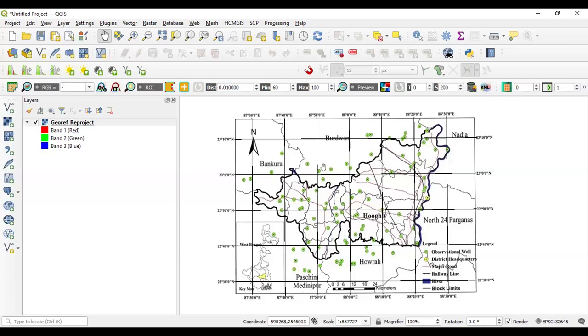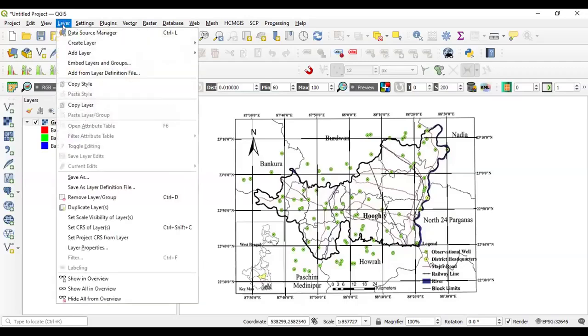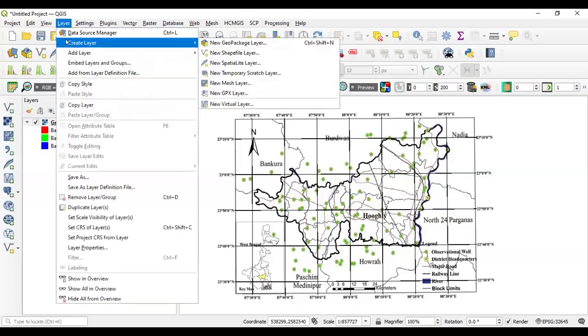As you are already familiar with the concept of raster data, now there is another set of spatial data that is called vector data. So vector data is a type of spatial data which consists of 3 geometrical features. One is point, another one is line, and third one is polygon. So to create vector features or vector data, you have to go to the layer panel again and then the create layer option. And from this create layer option, you have to go to the new shapefile layer,